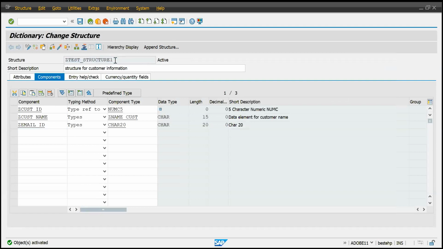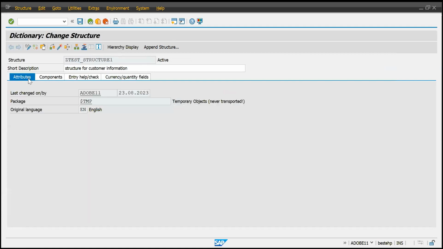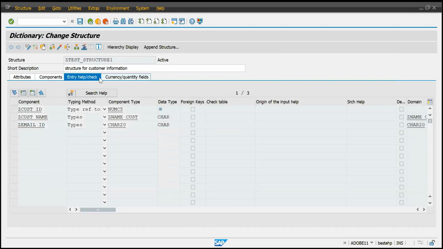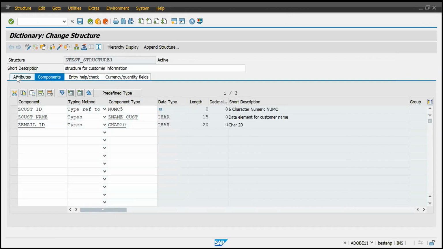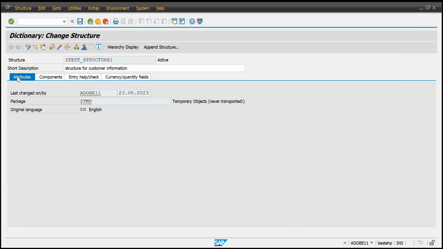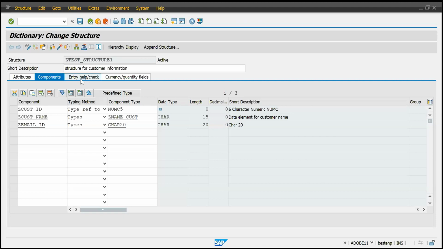Okay, so this is one of the parts. Next part, this is what we call a structure, and why we are creating it is so that we can use it globally in multiple programs. See, we can also create the structure in the program itself. So how we can create it is, if I go to